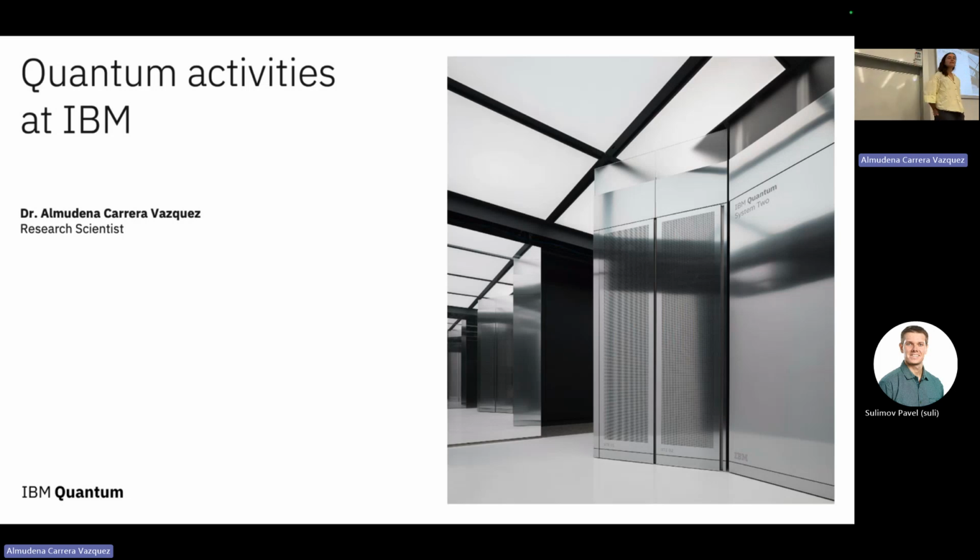I'm a researcher in algorithms at IBM, and today I will give you just an overview of the activities that we have, a bit from the algorithm and from the hardware perspective. As a disclaimer, I do research on the theoretical part. My topics of research are on algorithms, but a bit more fundamental. If you have any questions, please feel free to stop me, but bear in mind that if it's about the hardware, about cables and stuff, probably I cannot answer those things.